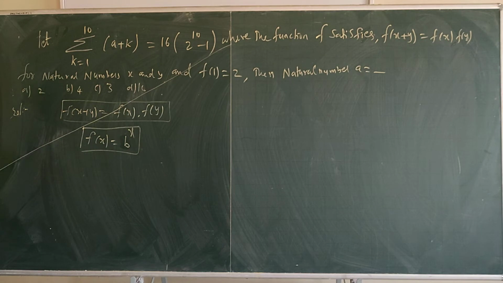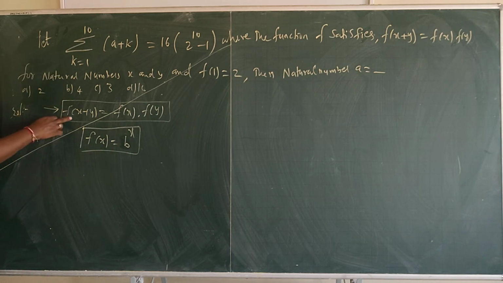Exponential form it is. Okay, f of x plus y is equal to f of x into f of y, then the function is f of x. That means exponential function. So exponential function can be written as f of x is equal to b power x. So this is the condition given. So there are 5 conditions I gave. You just check in the notebook.